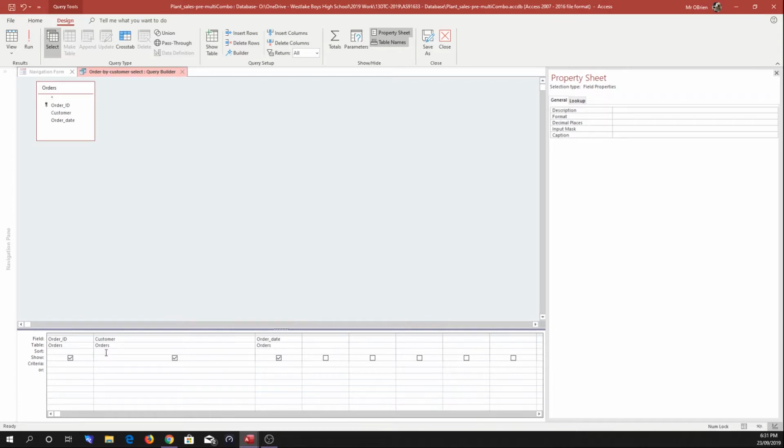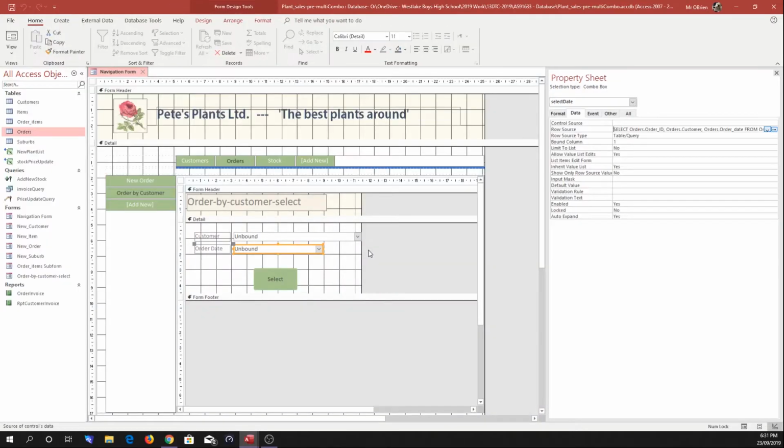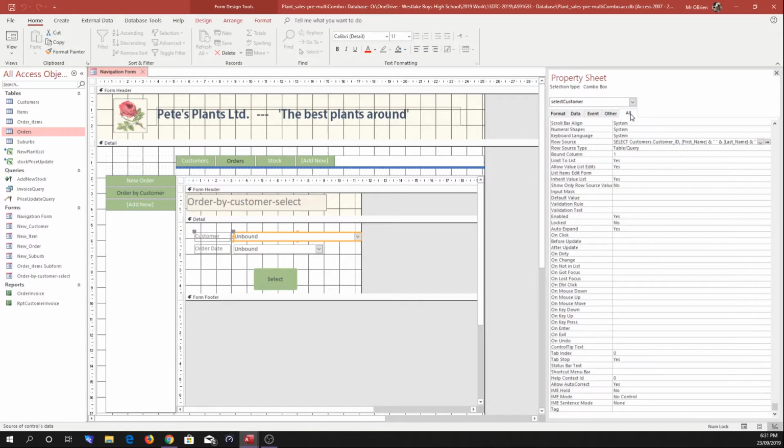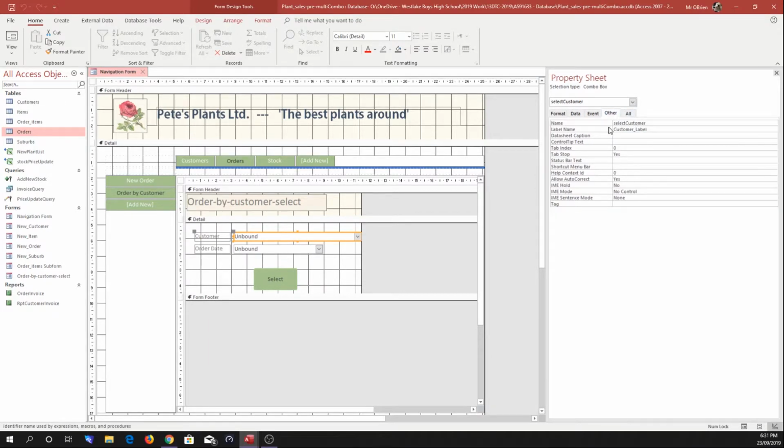So we're going to be putting some criteria in here to sort out our customers. What we're going to do first is close that, update the SQL statement. But what we need to do is know the name of this combo box. And I've set it up here, if we go into other, we can see the name of the combo box is select customer. I'm going to copy that into the clipboard